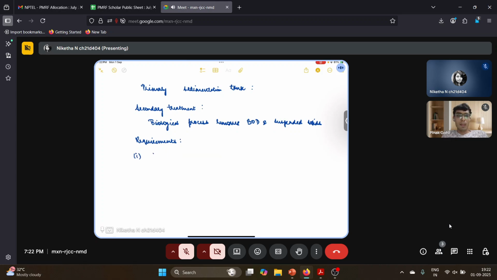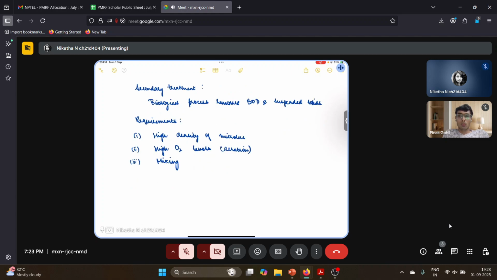The requirements are a high density of microorganisms or microbes, high oxygen levels or aeration, and then we also require proper mixing to happen so that the oxygen level is uniform throughout the tank,